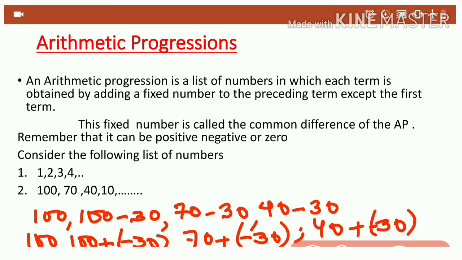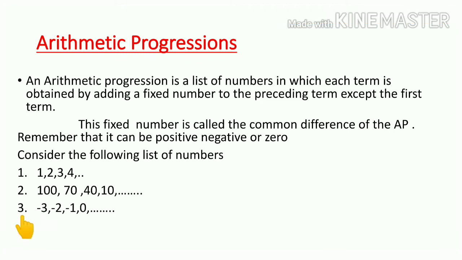It can be positive, it can be a negative value as well. Just see one more example. This example, the sequence minus 3, minus 2, minus 1, 0. This particular series I am leaving on you. As you go on seeing the series, just think in your mind how the next term is obtained. As I have said, common difference means the same number is added to the previous term. That's why you are getting the succeeding term. Just think and tell me.